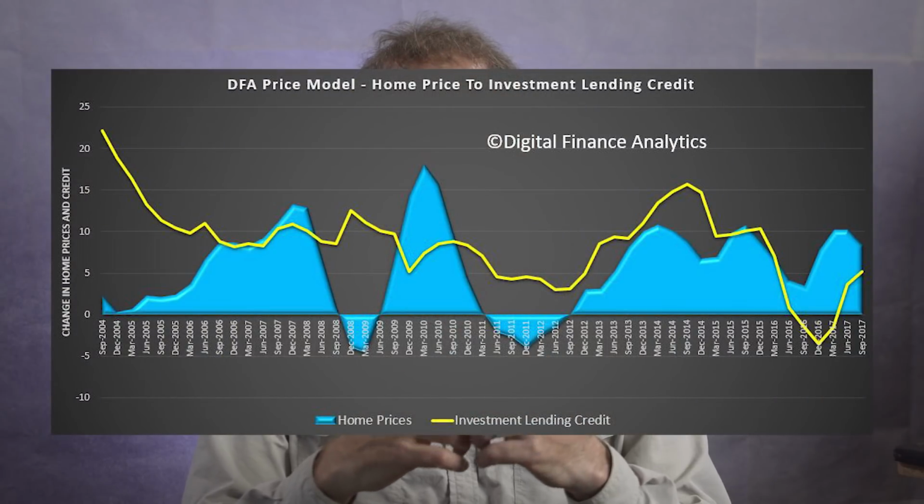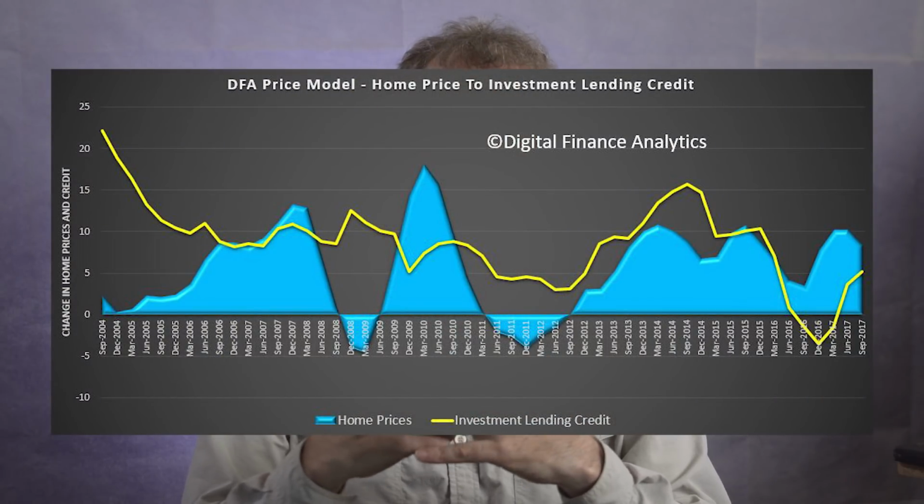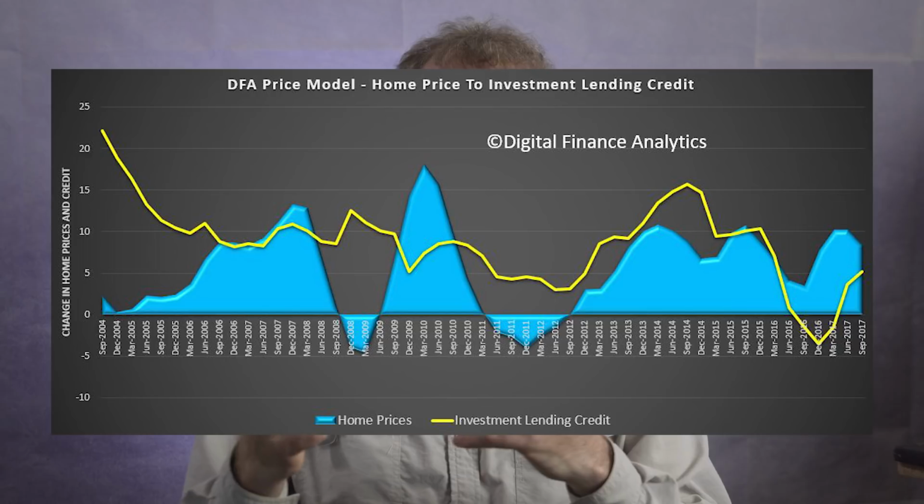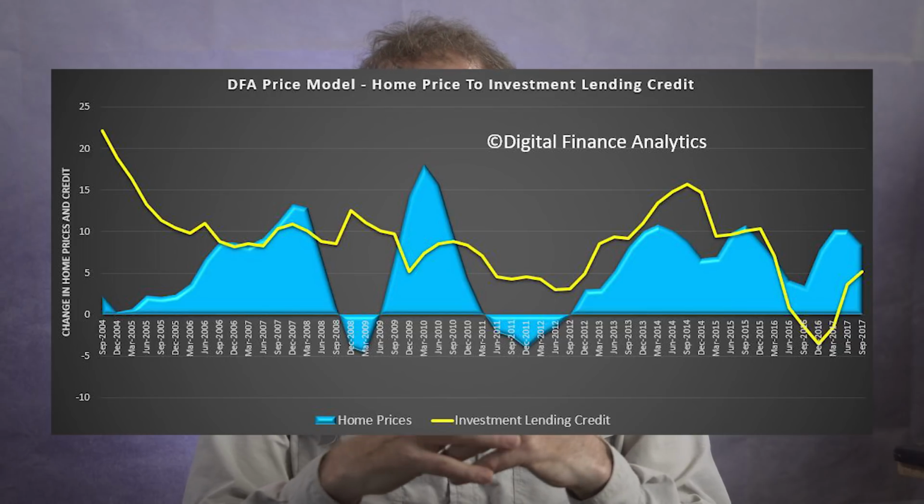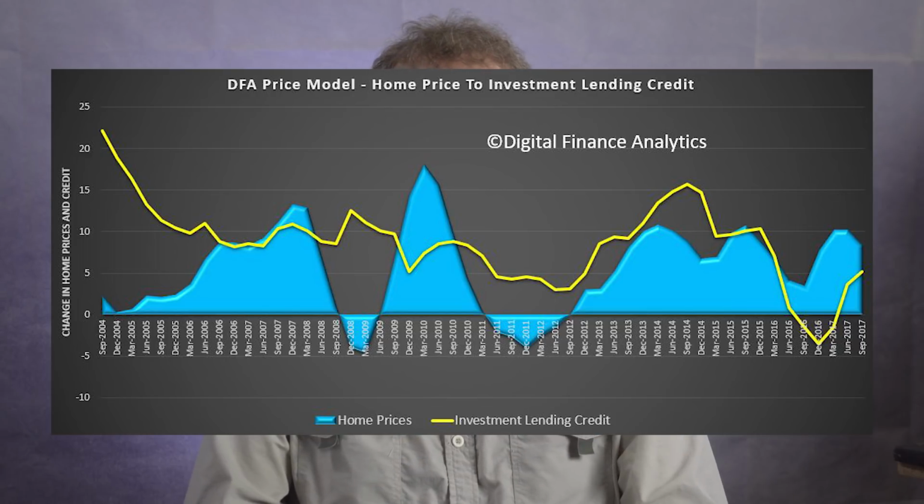And more significantly, credit for property investment is even more strongly correlated. As we know, investors are attracted by the capital growth and also the capital gains and negative gearing tax breaks available. So then, we rolled all of these factors into our overall model and examined the relative influence of each